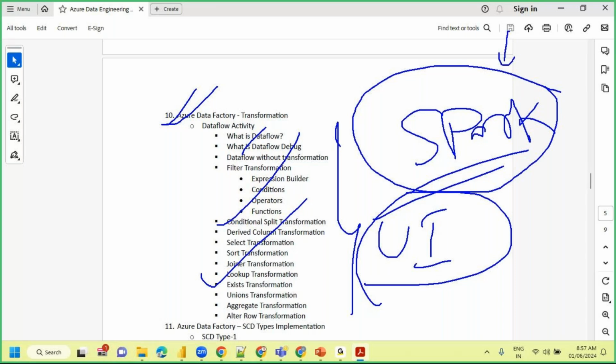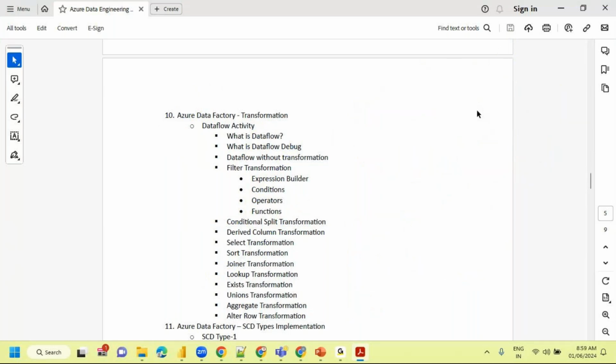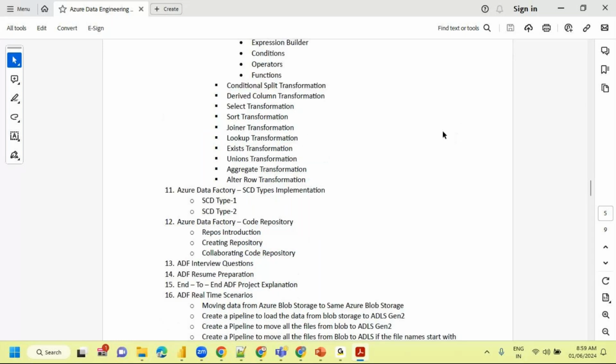It is 100% coding. But when you go for Databricks, you will have a slight user interface. Okay, so that is much more. The people who designed Spark designed Databricks also. So I'll give those details later.